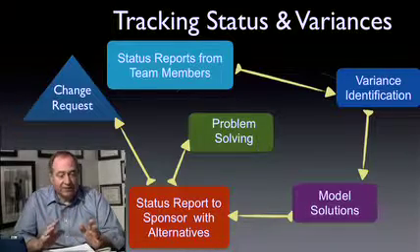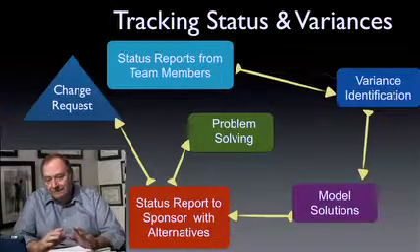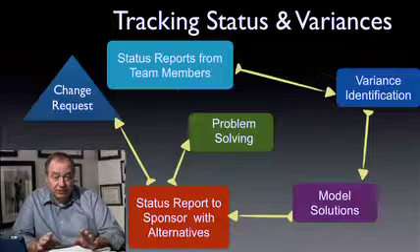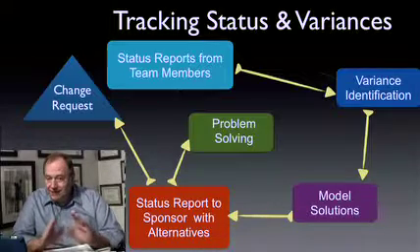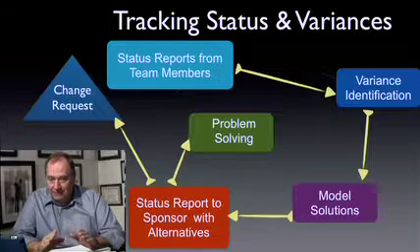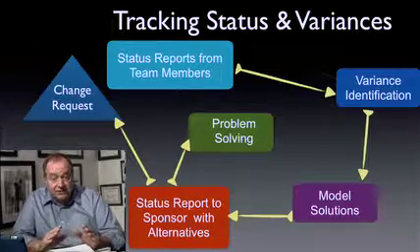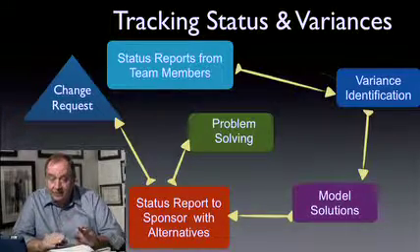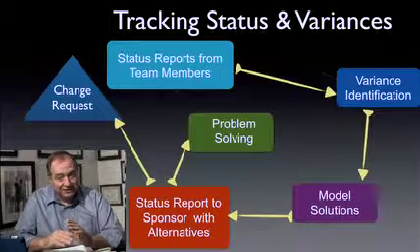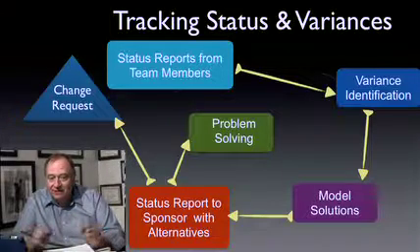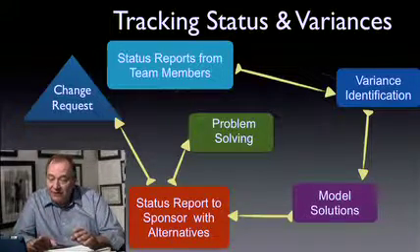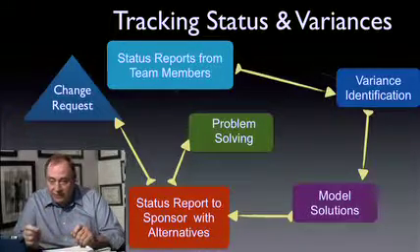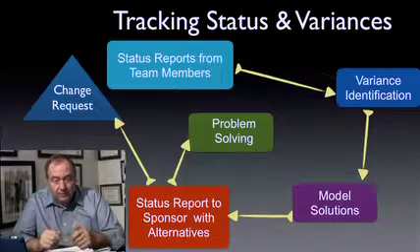In summary, we've covered a lot in this module, but the status cycle we've talked about may be very different from what you're used to, but it represents the best practices in project management. And the cycle starts by receiving status reports from the project team, which contain information on how many hours, not days, they've worked on each of their tasks in the past week, and an estimate to complete for each of those tasks, both in hours format.